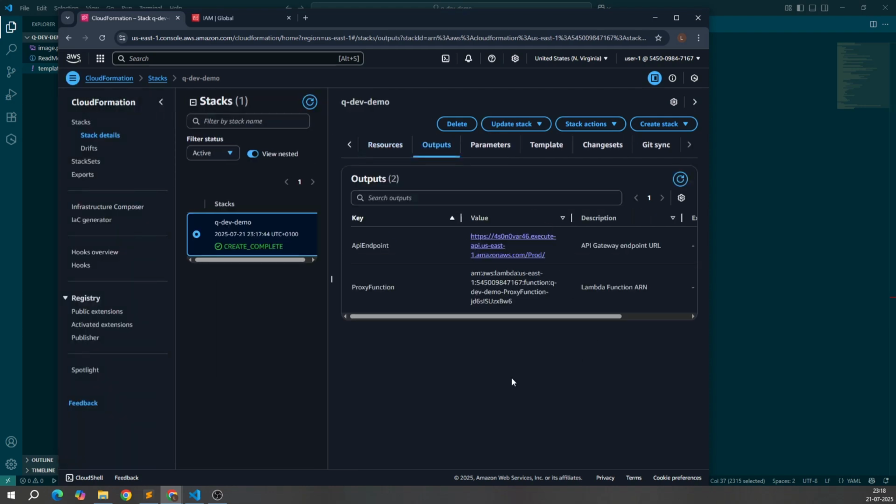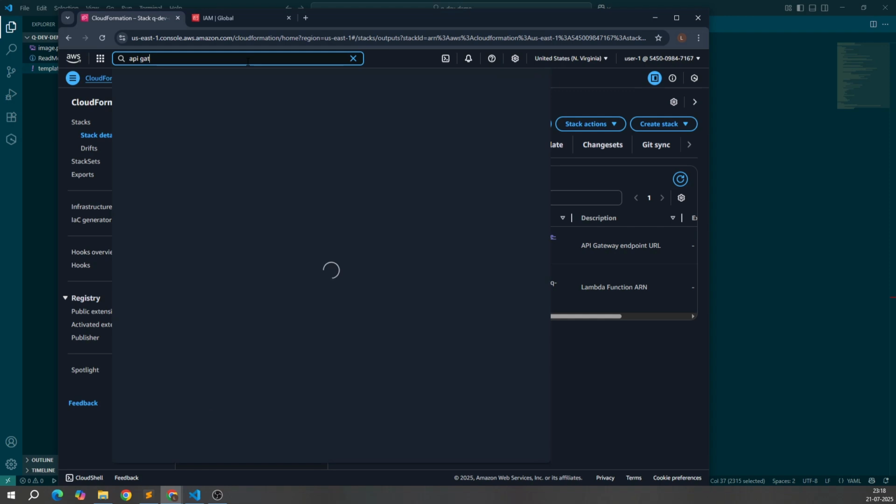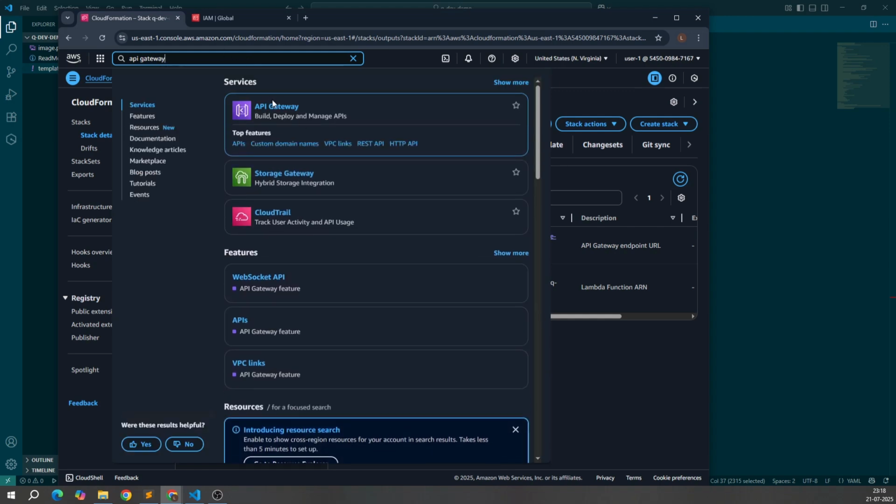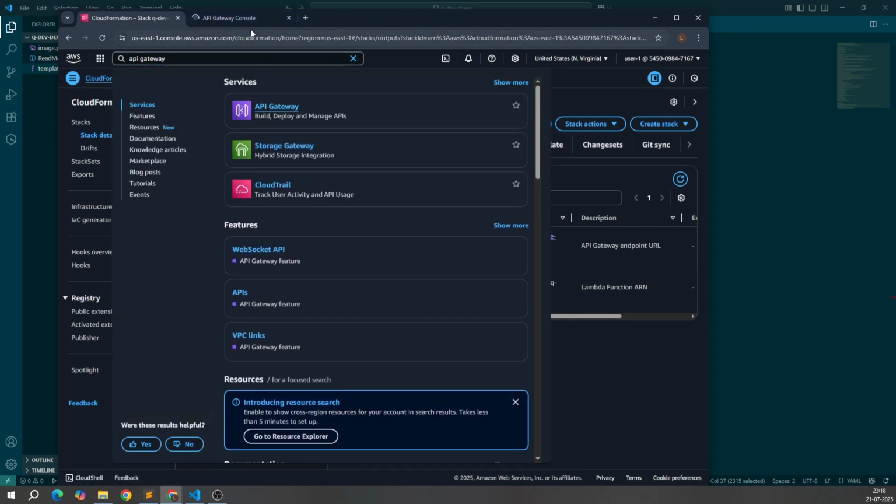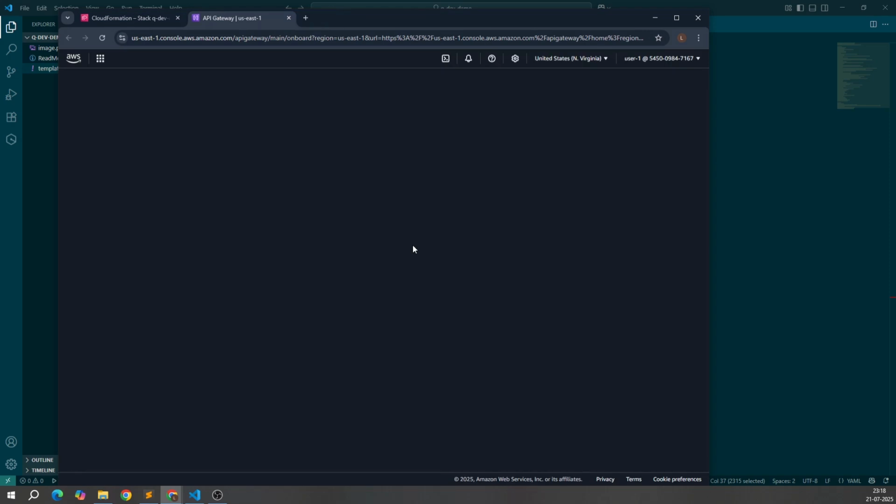So in the output section, if I go, I will find there's the API endpoint, which is here, that would directly invoke your function. But let's go to the API Gateway console to validate it. So if I go directly over here